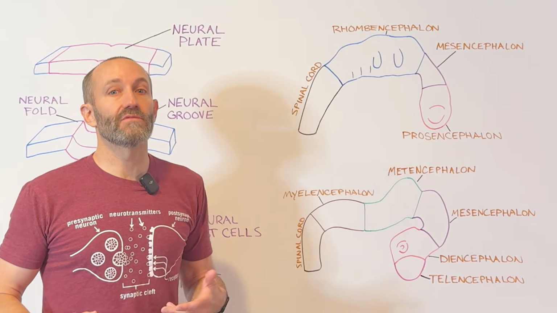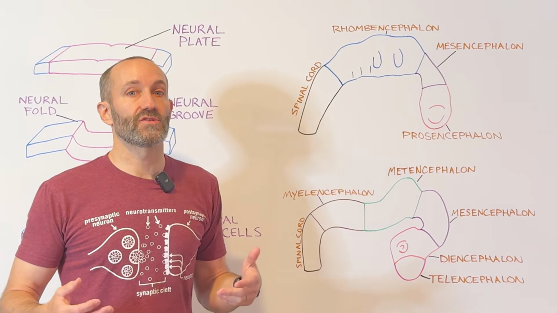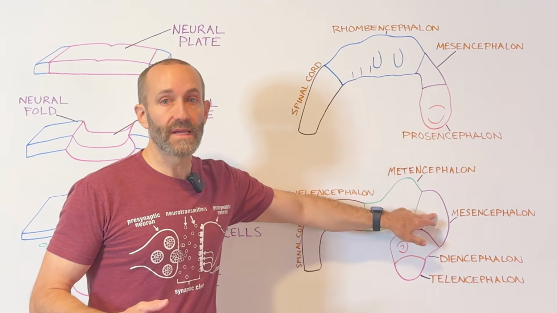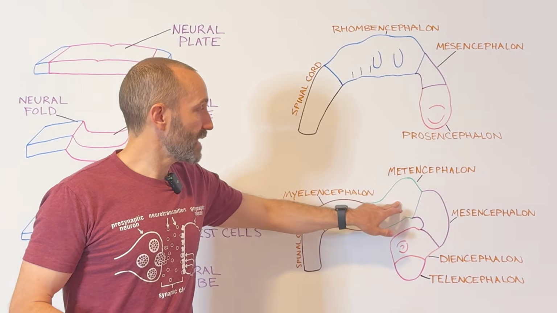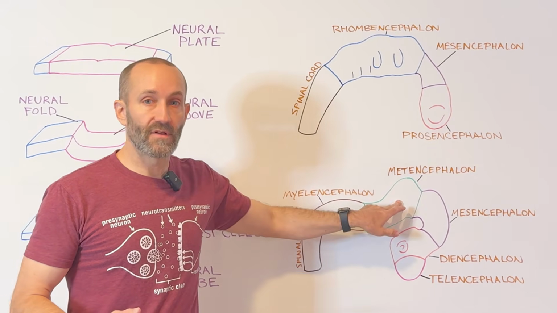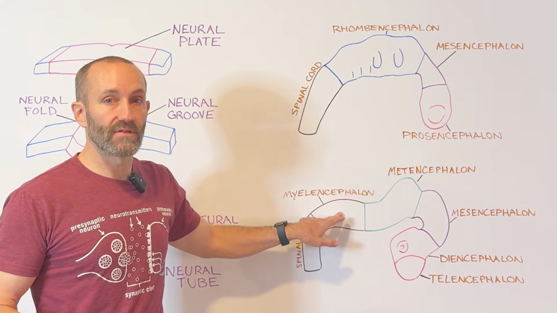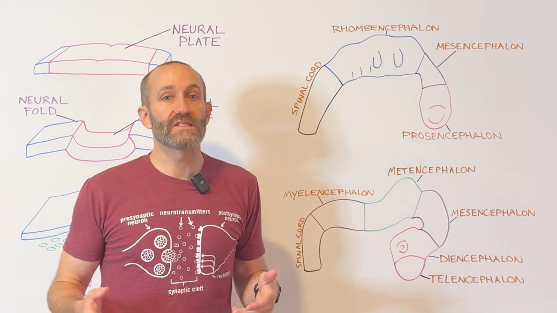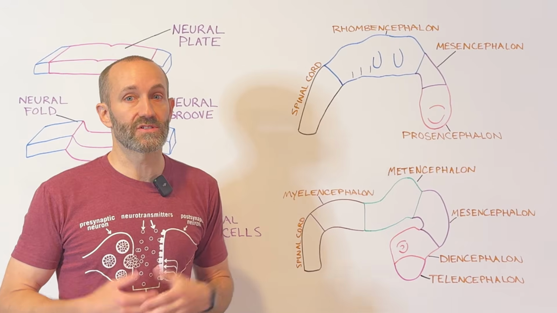The telencephalon will eventually form the cerebral hemispheres, while the diencephalon gives rise to structures like the thalamus and hypothalamus. The mesencephalon remains as the midbrain. The rhombencephalon divides into the metencephalon and myelencephalon. The metencephalon develops into structures such as the pons and cerebellum, while the myelencephalon becomes the medulla oblongata. Over the rest of gestation, the neural tube will continue to transform in shape until it starts to resemble a